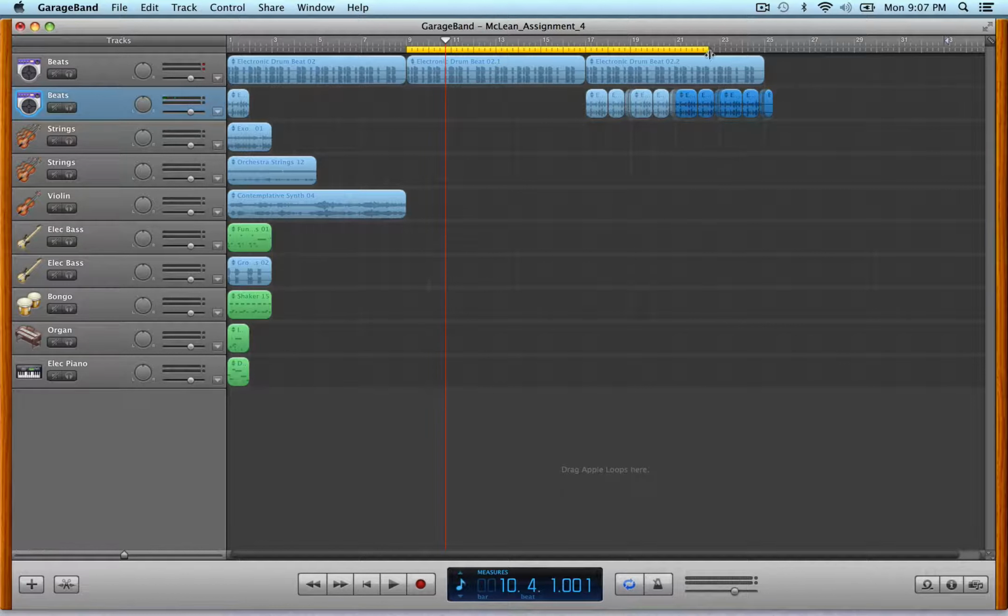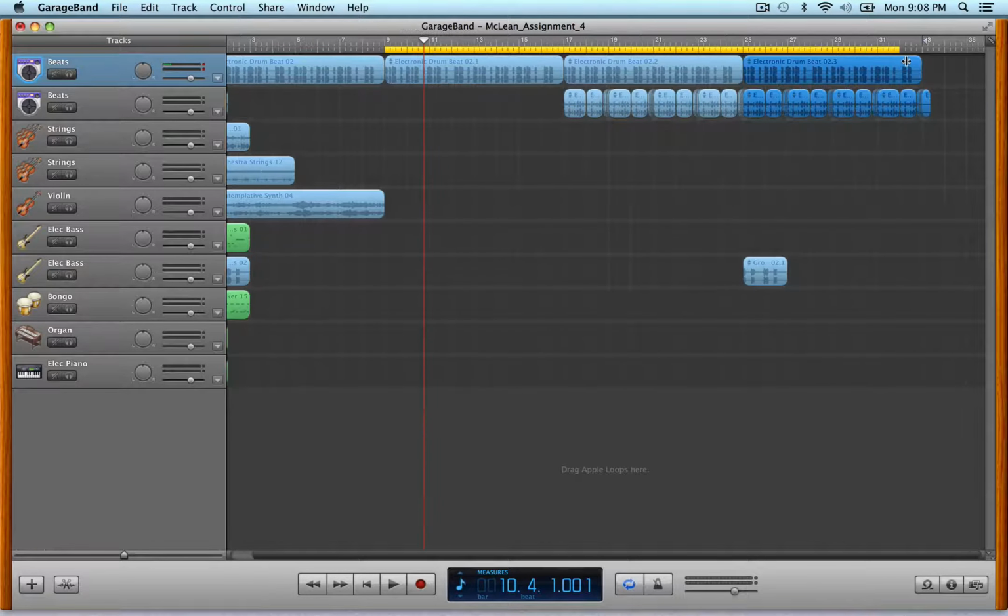So I'm going to extend my loop out, and let's see, which bass am I going to go with? Notice that I have some MIDI loops. These are the green regions, and some audio loops. So both can be edited. The audio loops are a little bit more limited in what you can do. You can actually get into the MIDI region and change individual notes, but I'm going to bring in this bass line here. I can copy and paste this entire region, extend my loop, put my song marker right here and